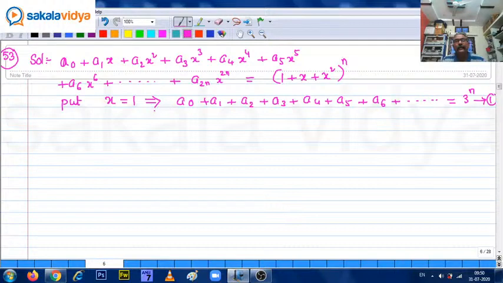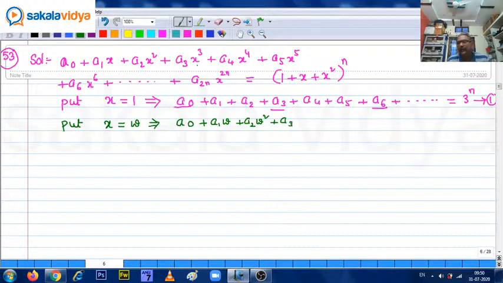But we are asked a0, a3, a6. This a1, a2 must be skipped, a4, a5 skipped. a0 plus a3 plus a6 we need to find out. That's why next substitute this time. Put x equal to omega. If you put omega, first one is a0, next a1 omega, next a2 omega square, plus a3 omega cube. Omega to the power of multiples of 3 is 1, so a3. Then a4 omega to the power of 4, that is omega, plus a5 omega to the power of 5, that is omega square, plus a6 omega to the power of 6 is 1, so a6 and so on,